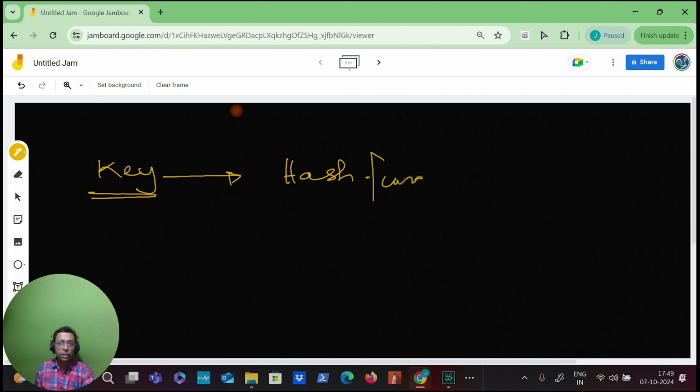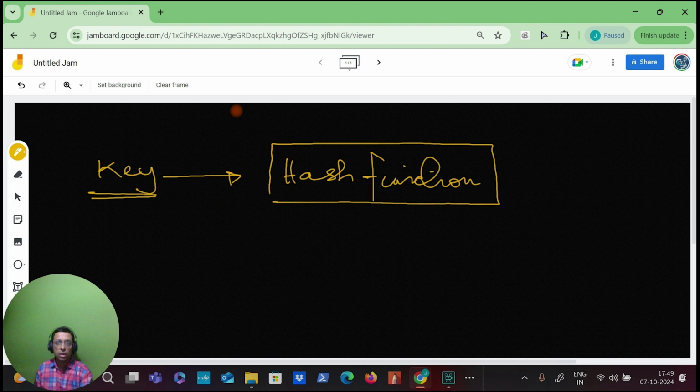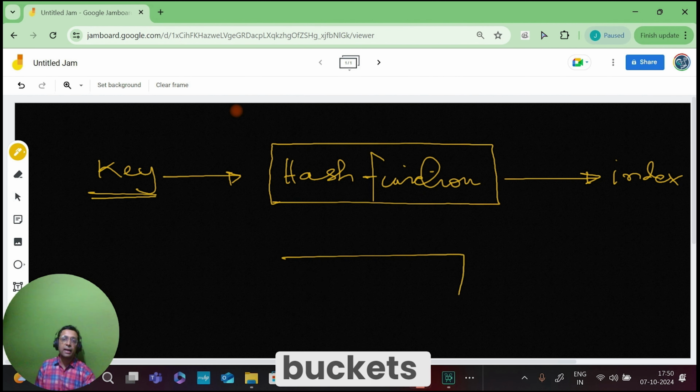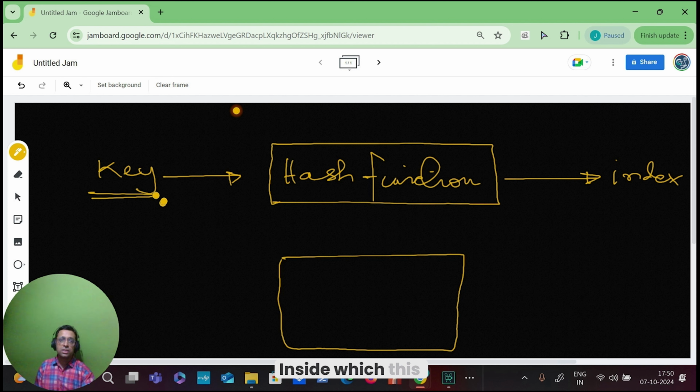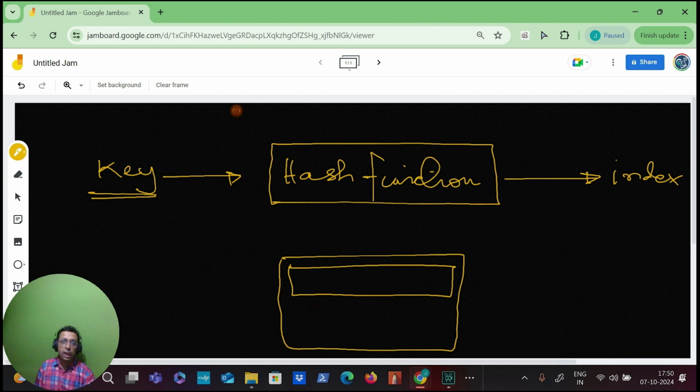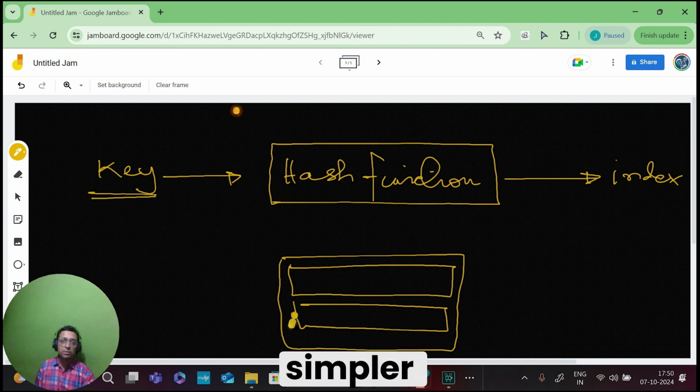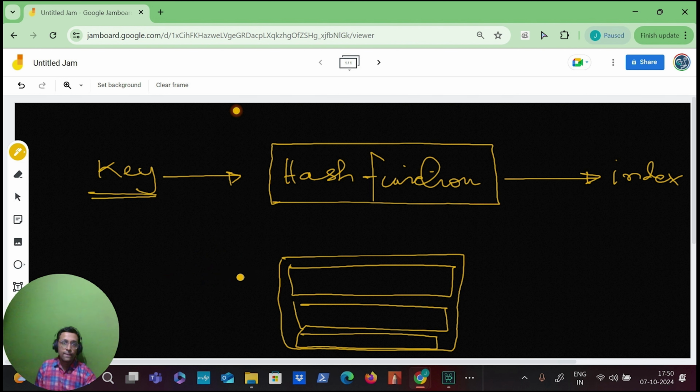A hash function is a function which takes the key as an input parameter, and it returns or generates or produces an index. What is the index? The index is the index of the bucket inside which this key will be placed along with some value, right? If we consider the simpler approach or the complex approach, for both,